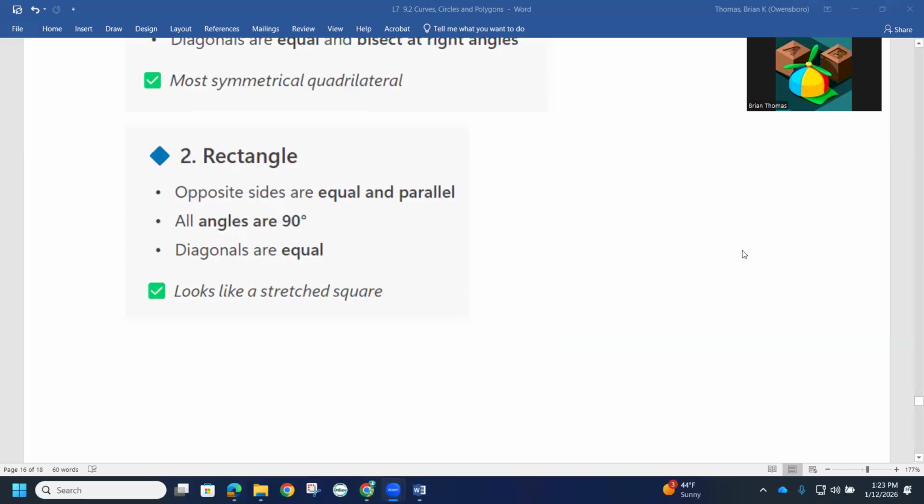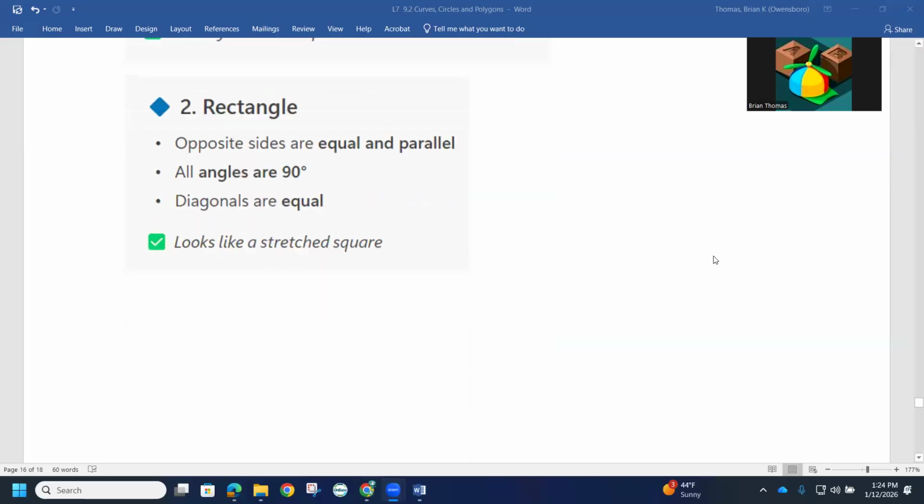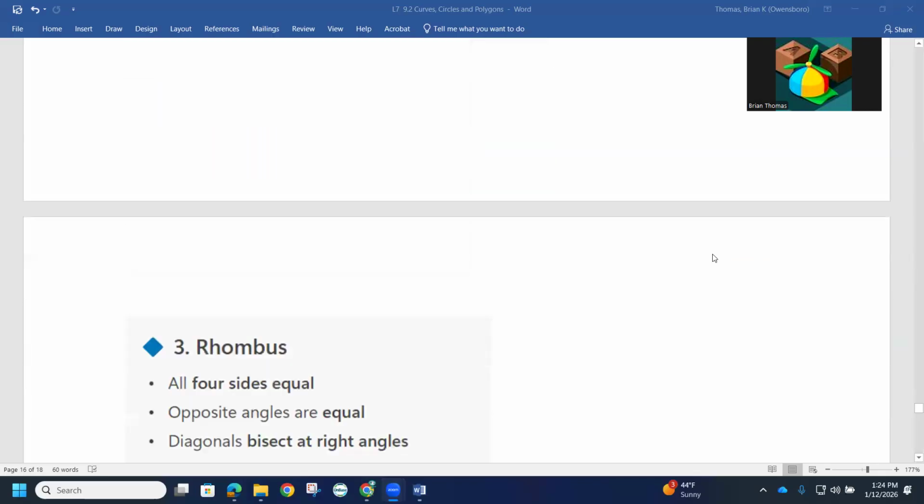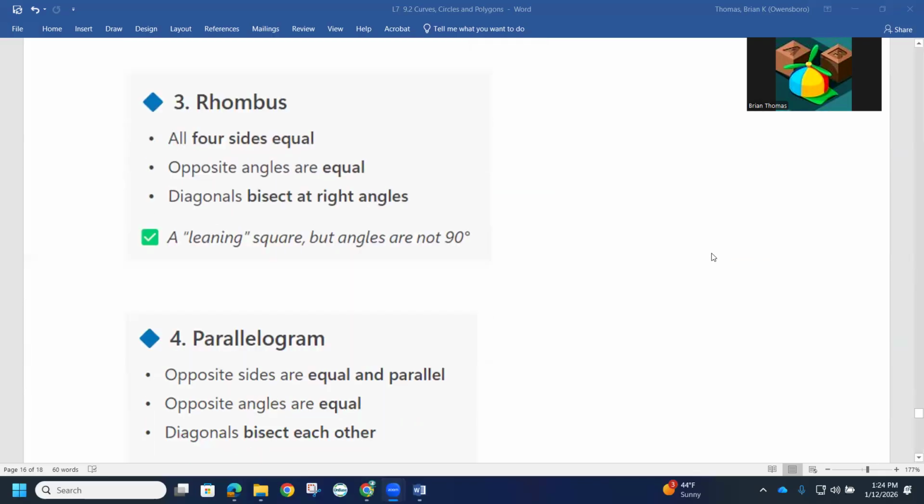We have a rectangle. So again, you can just pause the video and make your notes here. So those are the most familiar we are as well as the square and the rectangle. We know how to draw those. What you may not be familiar with is a rhombus. So a rhombus is a four-sided shape as well, where all four sides are equal, but the angles are not